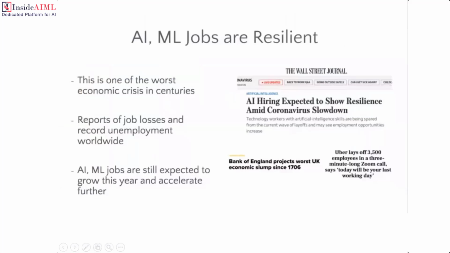So last time there was one news in the market that Uber laid off 3,500 employees in just a 3-minute Zoom meeting. So who has taken those jobs? In just 3 minutes of call, they told them that today will be your last working day. Who has taken those jobs? That is the AI, the data science and machine learning algorithms, which are automating lots of activities in the companies. They are replacing humans, and humans are getting replaced with machine learning and